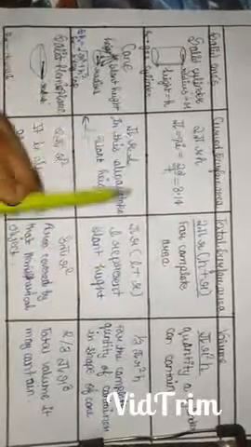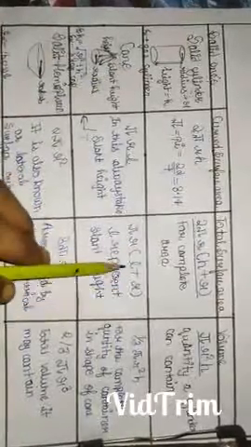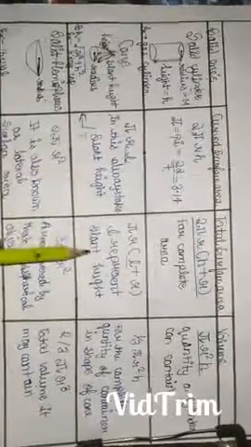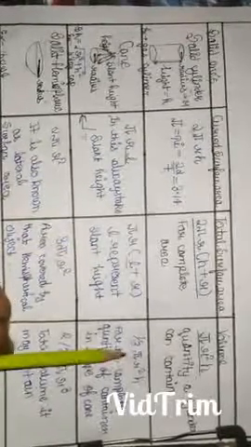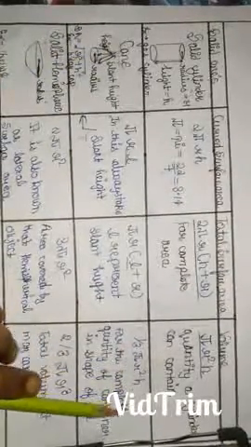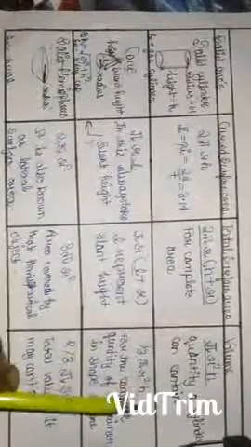The total surface area for cone is pi r (l plus r), and L represents the slant height which is necessary in both curved surface area and total surface area. Volume of cone is 1 by 3 pi r square h, and it tells about the complete quantity of a container in a shape of cone. And never dare to take a slant height in volume, otherwise your question will be wrong.